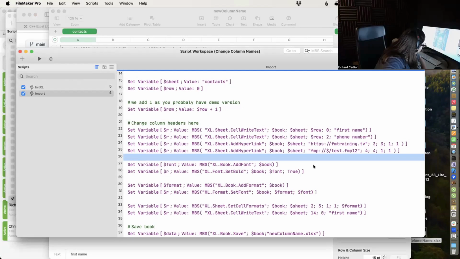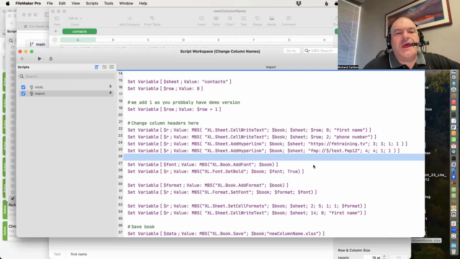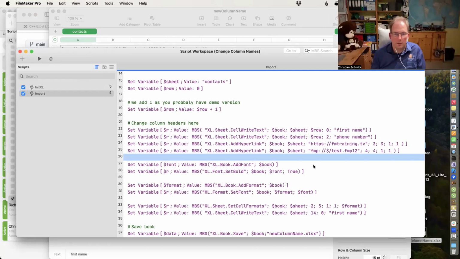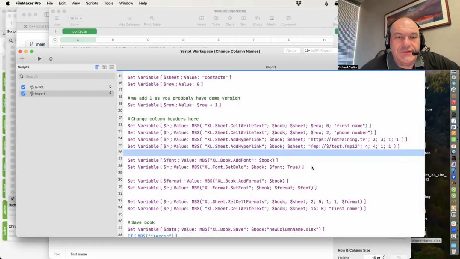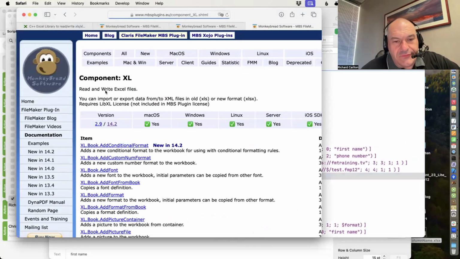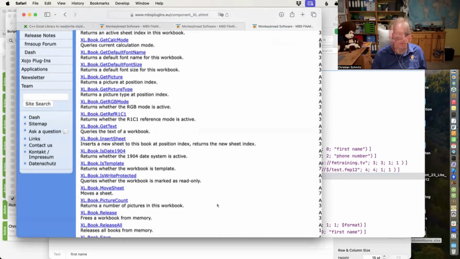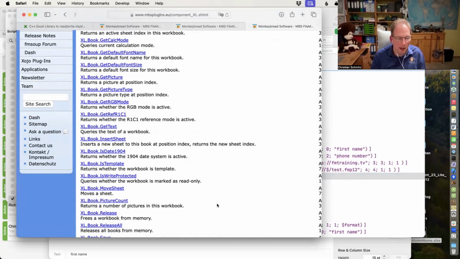Excel accepts Python. A web viewer runs JavaScript code. He's saying that Excel can run Python, so he or she is trying to get Python into Excel from FileMaker. Yeah, not with our plugin. No, there's no Python here. I mean, if you like to use Excel and script it with Python, sure, you can do that. But